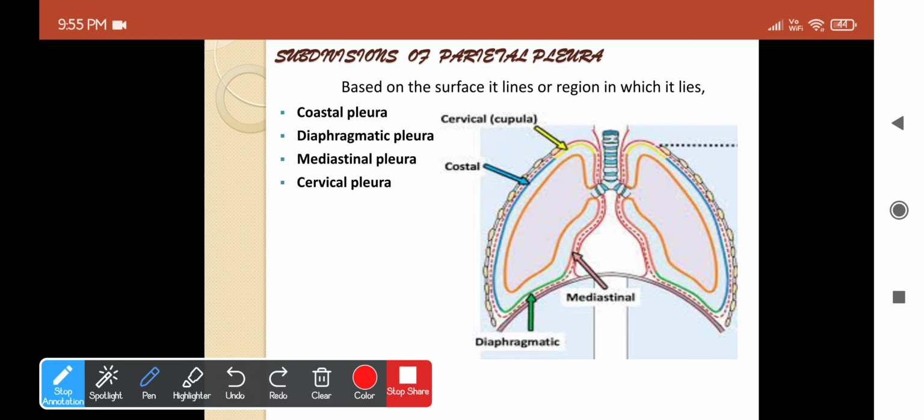This is more clinically important because it is related to important structures of the root of neck, namely the subclavian artery and the scalenus anterior muscle will lie anteriorly. You have the scalenus medius laterally, and great vessels of the neck medially, and posteriorly you have the neck of first rib and important structures like the T1 spinal nerve, first intercostal artery, first intercostal vein, and sympathetic chain. So utmost care has to be given when you penetrate this surface through an anesthetic needle. Okay, so this is the clinical importance of this layer.